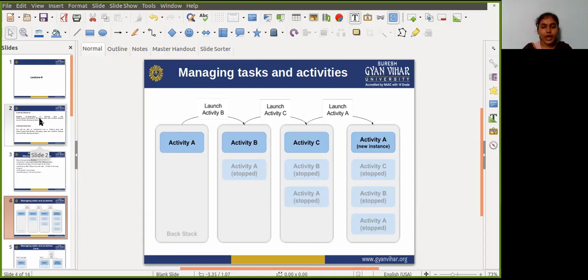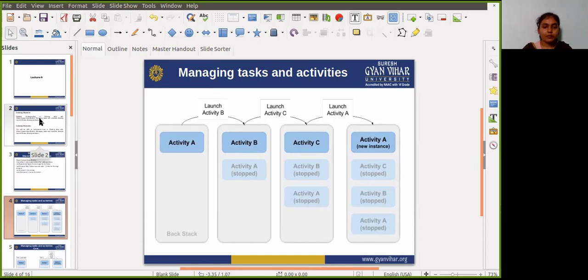So as the user navigates around the app, activity instances take a pause and are popped from the stack of the task.